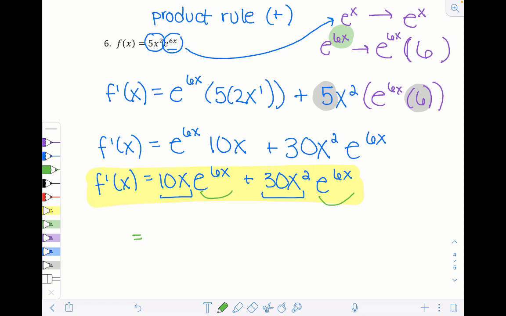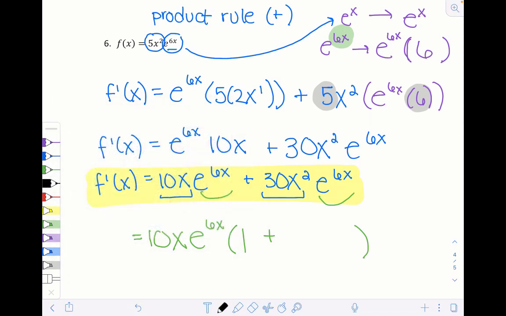So let me kind of write that out. So between the 10 and the 30, you would take out a 10. The x and the x squared, you would take out an x. And they both have an e to the 6x, so you could take that out also. And then in the parentheses, we'll write what we have left over. So it looks like everything in that first term gets factored out. So there we're just going to have a 1 left over, plus,